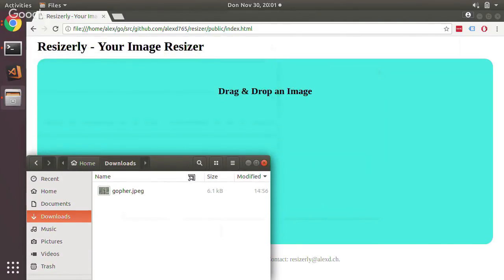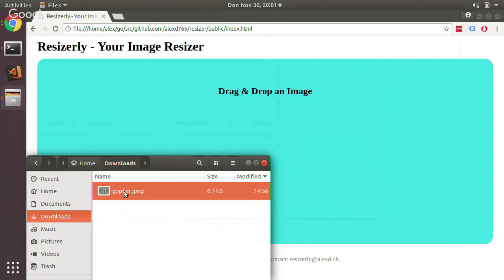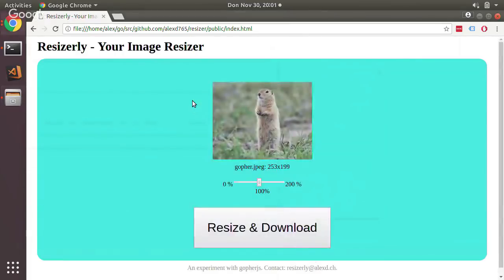I've run it locally. Basically, I have a static website, and it says drag and drop an image. So let's drag and drop a Gopher on there. Well, you can see I can interact with the JavaScript functions. Now I have a Gopher in there. I can resize the thing. Notice that the size of the image dynamically updates.